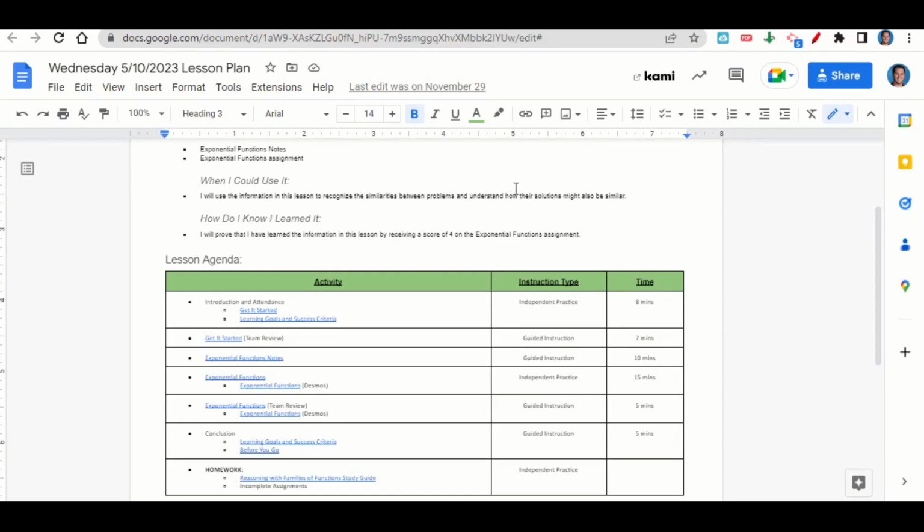Now let's take a look at our agenda for today. We will begin by going over the learning goals and success criteria. While we do that, you'll fill out your Get It Started. Once you've completed your Get It Started, we'll go over it together and answer any questions that you may have. After that, we'll go over the exponential functions notes, and then I'll give you time to complete the exponential functions